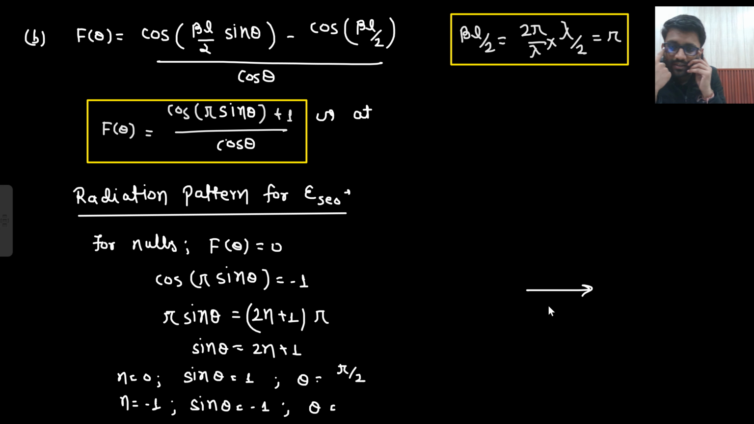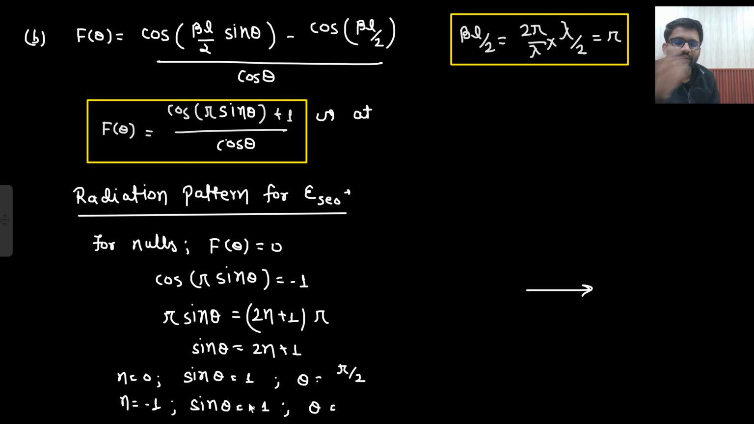Wait a second, there is some error, I guess. Downward it is cos theta. So null I need to put equal to 0. It is placed at theta equals to pi by 2. At theta equals to pi by 2 you are getting a null. Okay, fine. So this is the only position of null, because if you put n equals to minus 1,